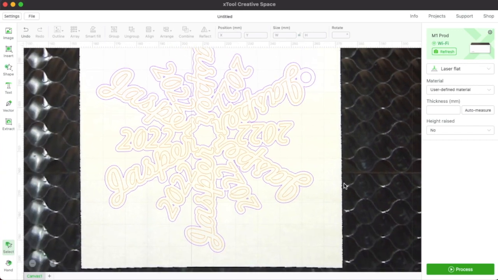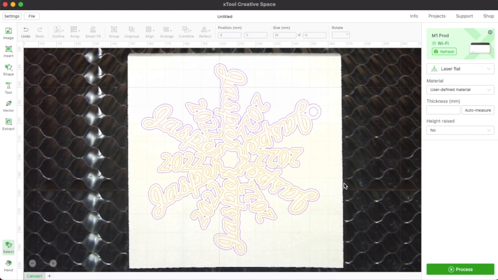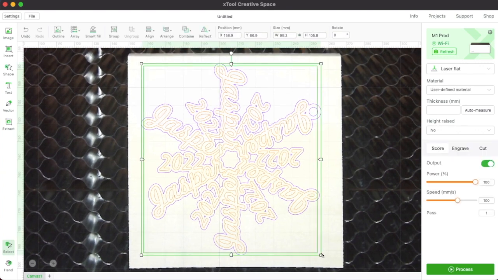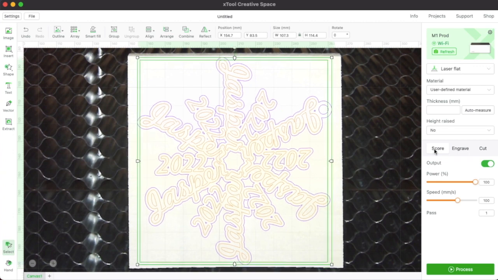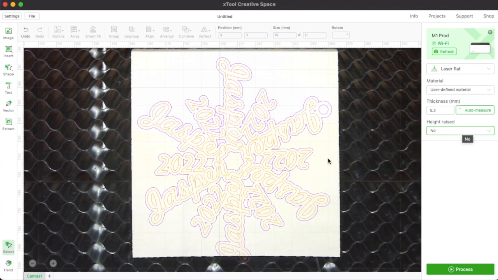So I may want to scale or size it a little bit to fit on top of my board. I'm using a 4-inch by 4-inch board here of a 3 millimeter. Don't forget to auto measure, because that will change how your design looks on the screen. So I hit auto measure. Once that's set, I'm going to align my object. I can select all,